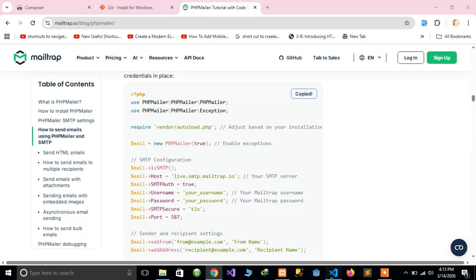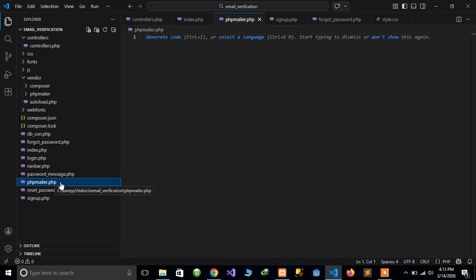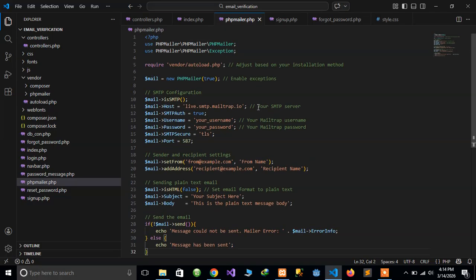Then you come to your project and create a new file. I created a new file called phpmailer.php. You can create any file name you want here. Then you come and paste the code that you copied from PHPMailer. Now this is a third party package, so we can't talk much about this. So just use this